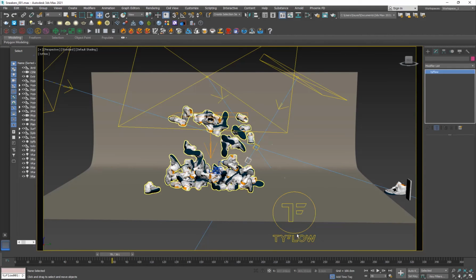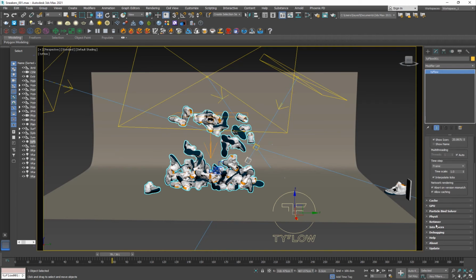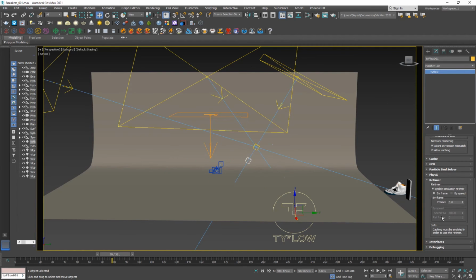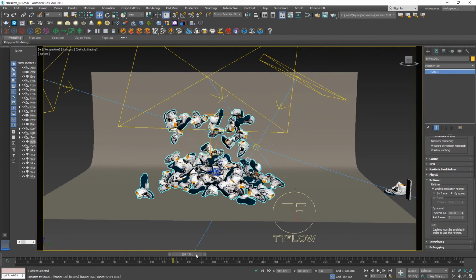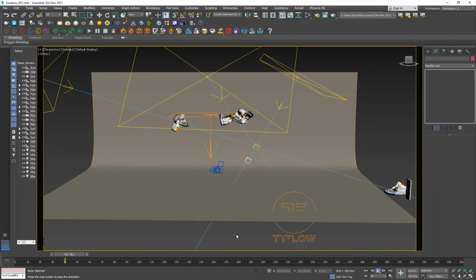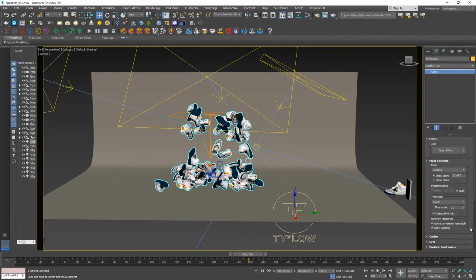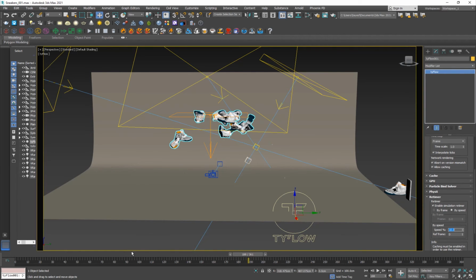Normally it is very fast, but you can go ahead into the retimer, and I've used it. If I go ahead and enable this by speed, now it's at 100% the speed, right? If you want to make it slow, you can change it to like 30% the speed. Now they will be falling down very slowly, and you can make it even slower by just lowering this value. If I make it 10, you'll have it in super slow motion,